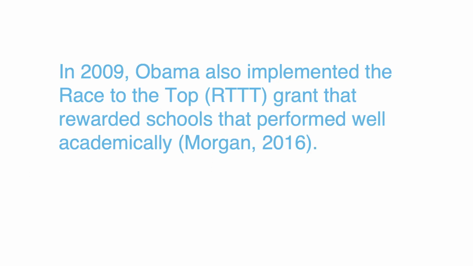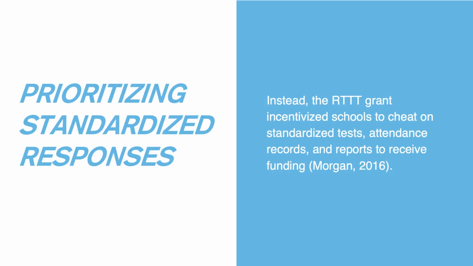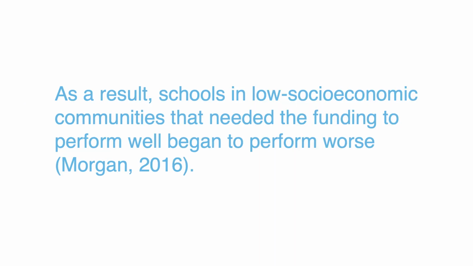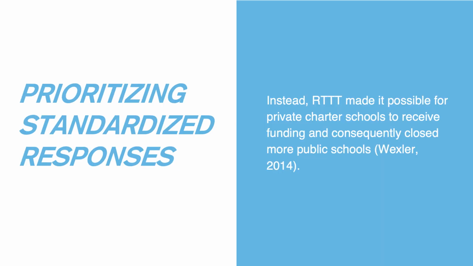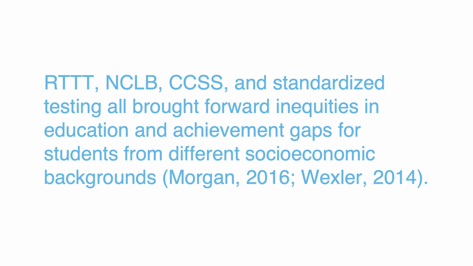In 2009, Obama also implemented the Race to the Top grant that rewarded schools that performed well academically. Instead, the RTTT grant incentivized schools to cheat on standardized tests, attendance records, and reports to receive funding. As a result, schools in lower socioeconomic communities that needed the funding to perform well began to perform worse. Instead, RTTT made it possible for private charter schools to receive funding and consequently closed more public schools. RTTT, NCLB, CCSS, and standardized testing all brought forward inequities in education and achievement gaps for students from different socioeconomic